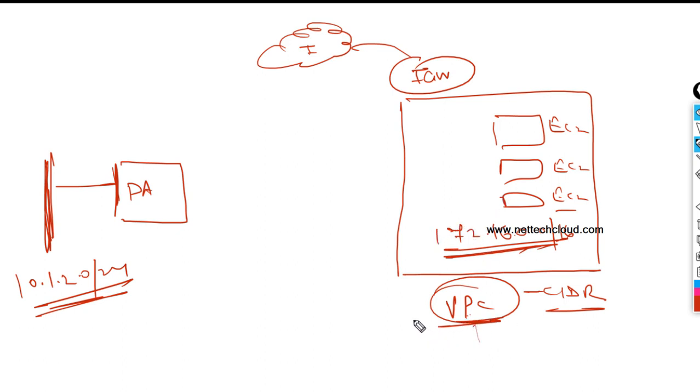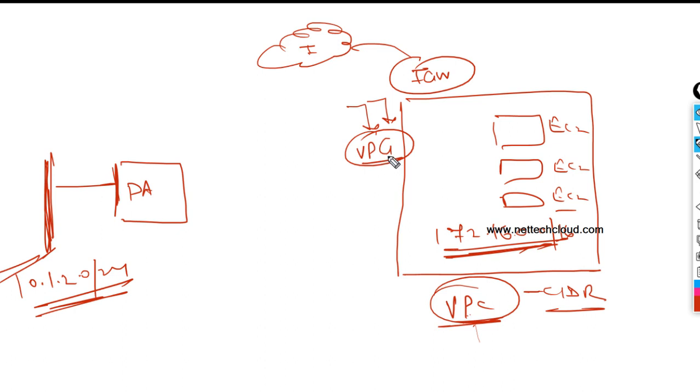And we want secure communication between 10.1.2.0 and 172.16.0.0. So for that, a VPN gateway is required. AWS managed VPN gateway. It's a software-based VPN firewall or VPN router.